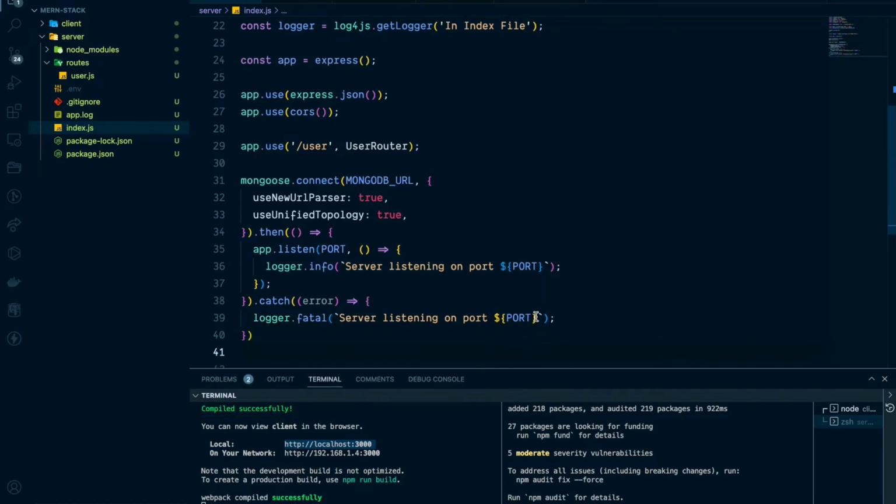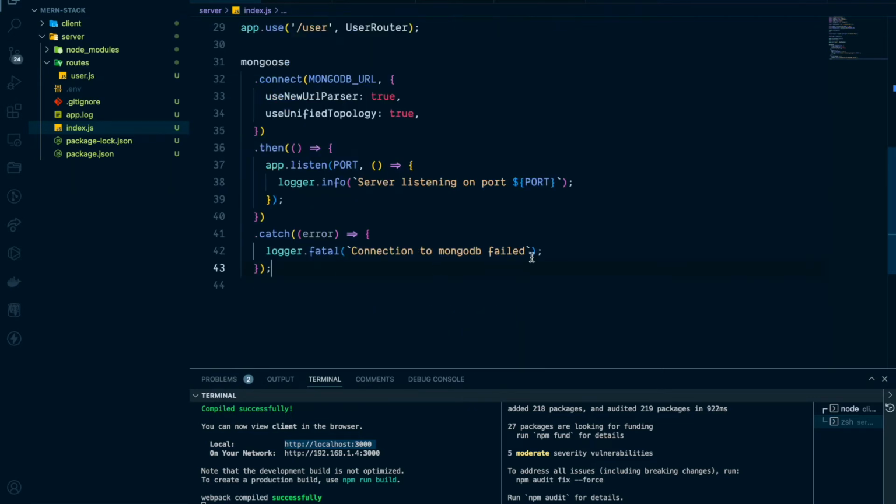Connection to MongoDB failed. Let's see. Hope my password was wrong, and MongoDB failed with error dot message. Okay, is it clear what I wrote here? So it's logo.fatal. I will quickly start my